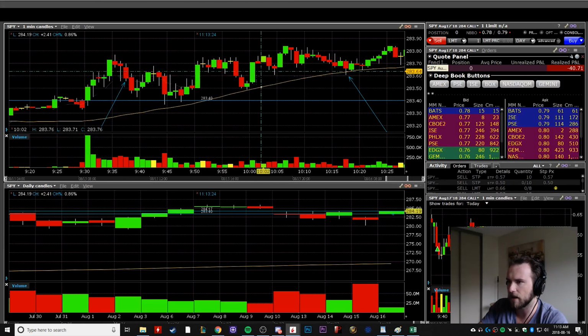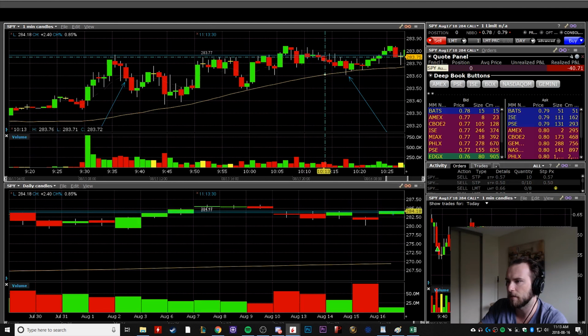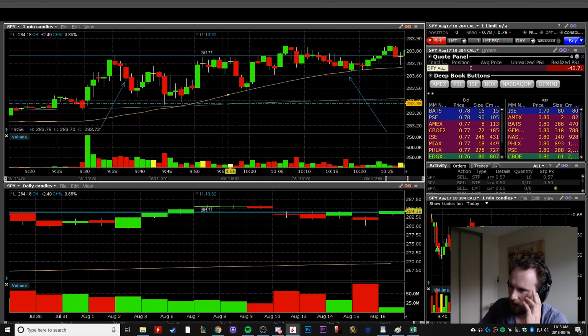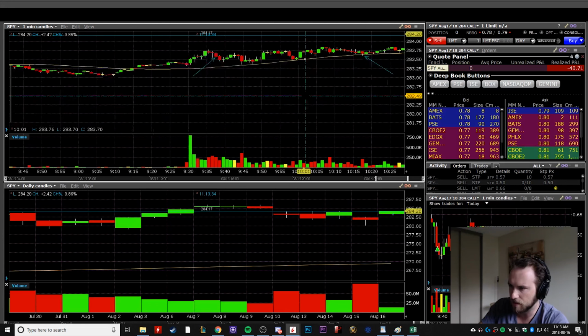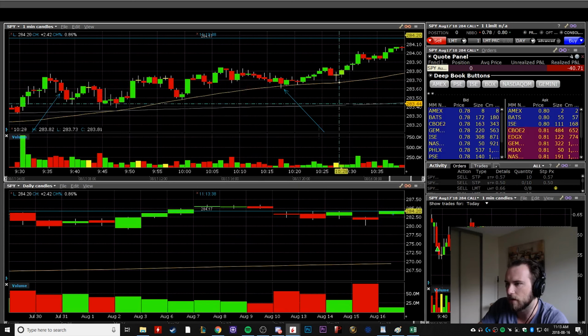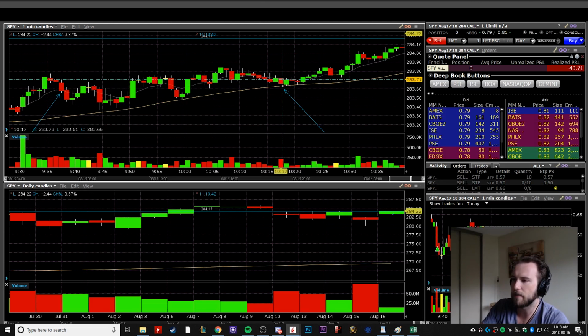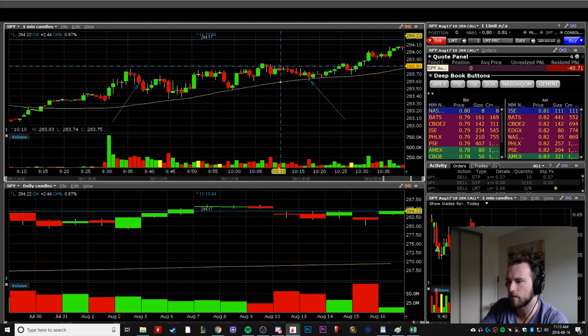And then as it came back up and it failed what I thought to be a failed breakout through this level and it was coming back down, I lost sight of the bigger picture. And I got stopped out right here on this wick. I remember it. It flashed through my stop. It bounced back up, and then we kept riding this trend line.